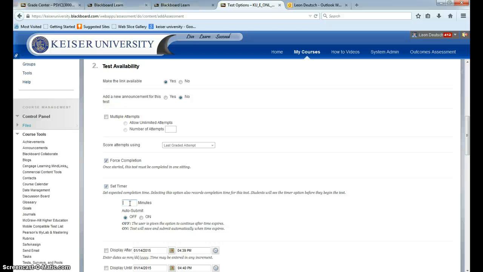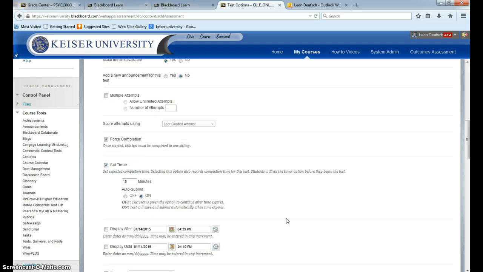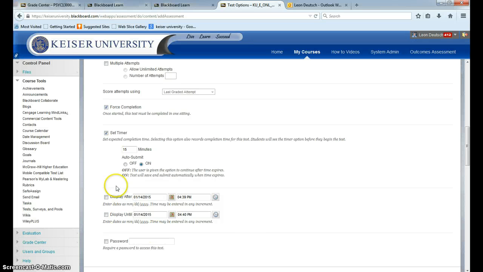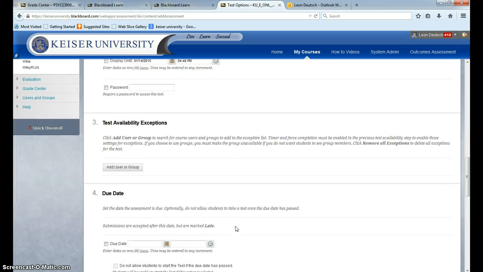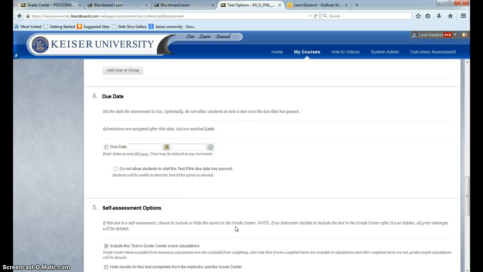So your pre-test should be for 15 minutes, your post-test should be for 30 minutes. I'm going to turn that on so it automatically submits even if they are not done when they hit the 15 minutes. You can choose your dates as far as when you want the test available. We're not going to include a password. Now, if we go a little bit further down,